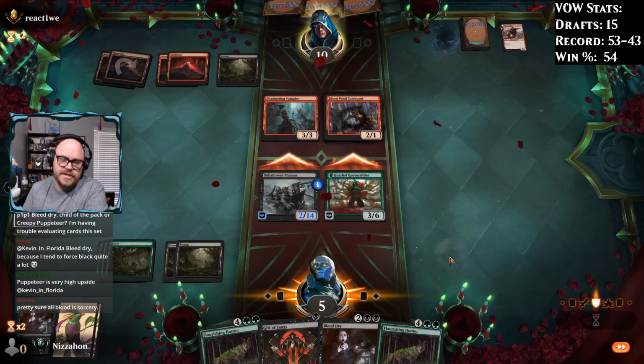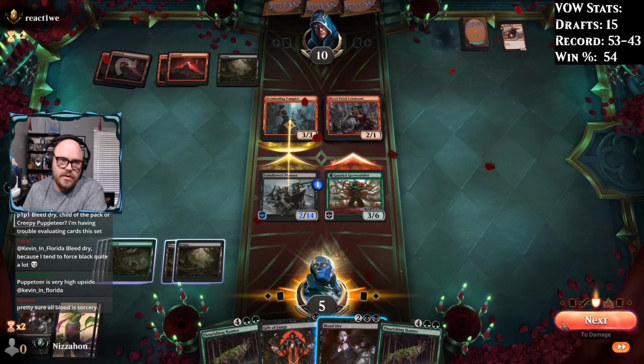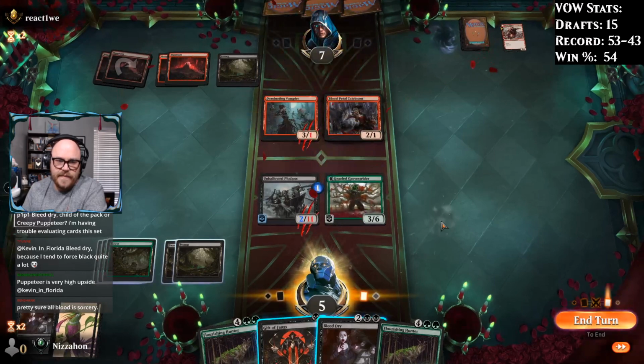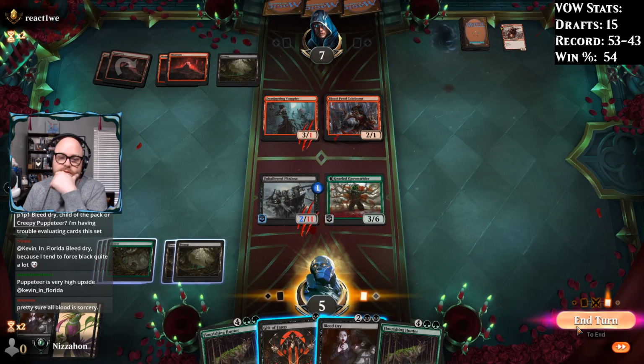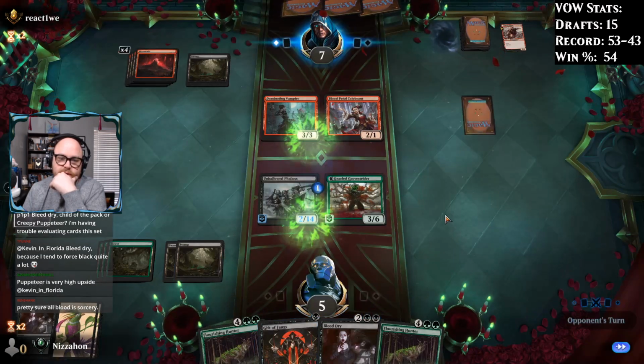So if we ever draw our 6th land, there's virtually no way we lose. So that's cool. Okay. I don't think we need to use Bleed Dry here. I think we can wait. It's too bad literally every creature they've played has been a vampire. We do see a werewolf in their graveyard, but...